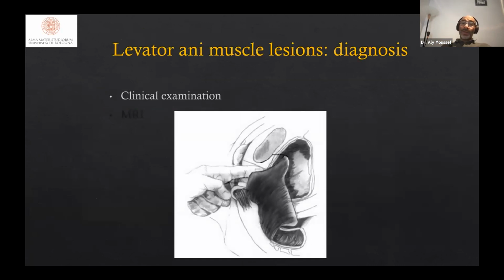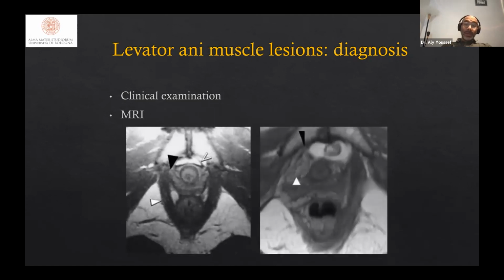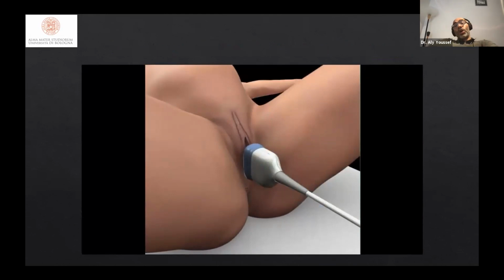How can we diagnose levator ani avulsion? Clinically, if you go with your finger lateral to the urethra, push laterally, and ask the woman to contract her pelvic floor, many clinicians can feel the levator ani muscle, but it is not a reliable and reproducible technique to diagnose levator ani avulsion. MRI can be used, but it's an expensive method. It's not done by gynecologists, and it is not easy to assess the dynamic part of the pelvic floor using MRI. Ultrasound, the transperineal ultrasound using the convex transducer,